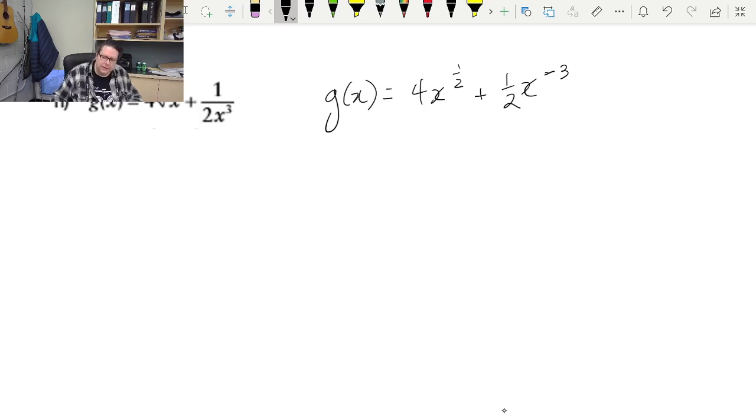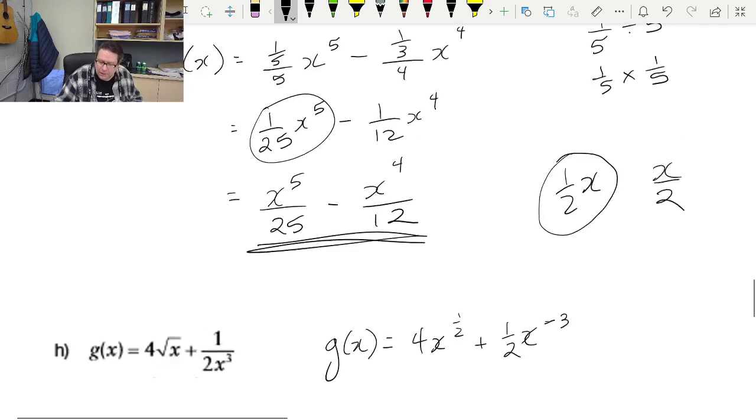I have to treat this like it has to be a rational exponential form rather than radical form. And I have to treat, again, this 1/2 coefficient as a coefficient rather than as a divide. So now it's actually, again, really easy to go back, and if you need to look back at the formula,